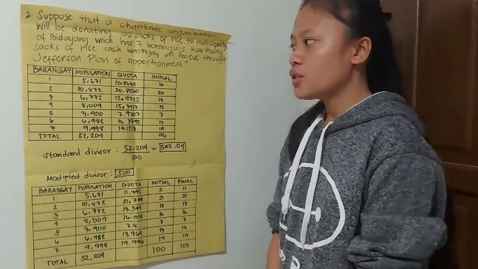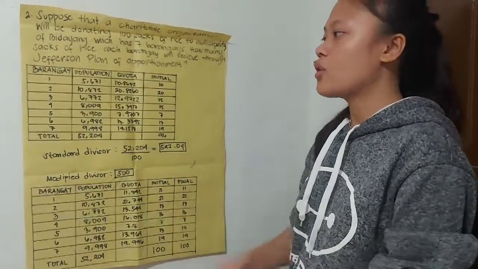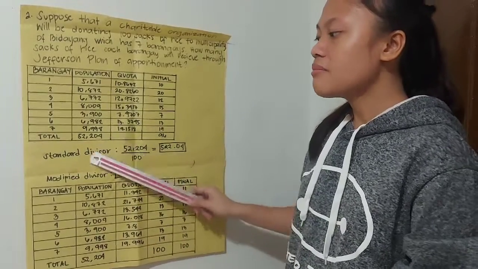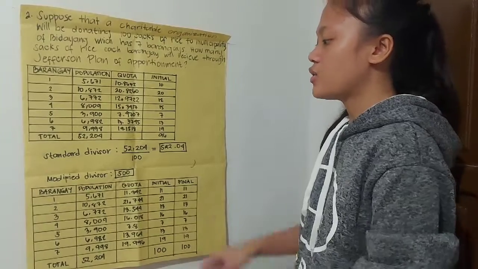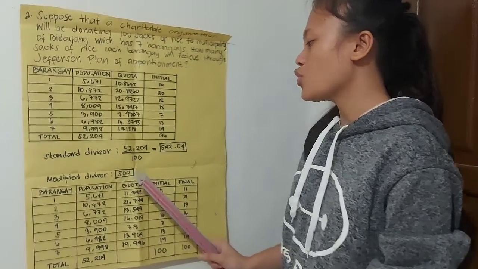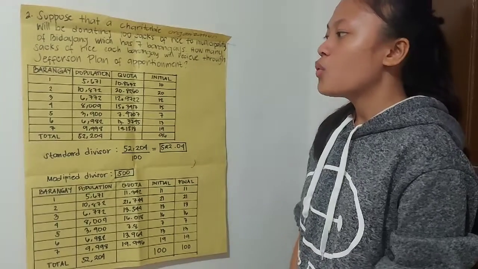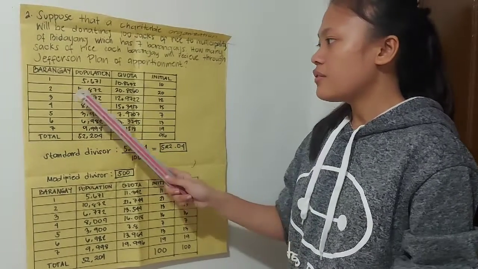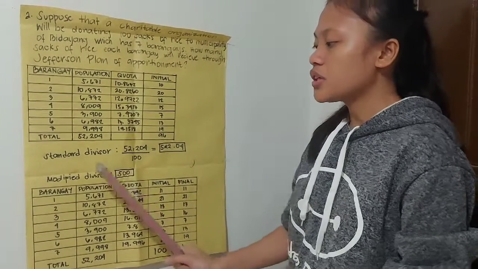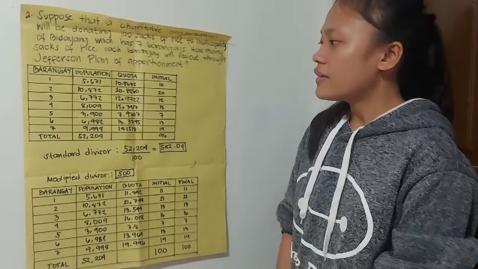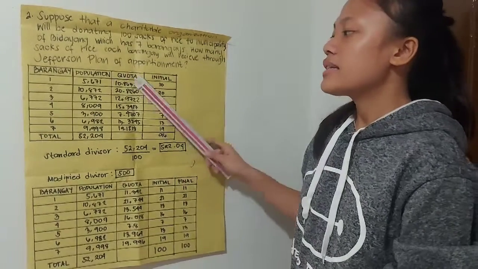So, we need to get the population of the barangays, which is given here, and add them up over how many sacks of rice. So the total population over the 100 sacks of rice is equal to 522.04. And now we need to divide the population by the standard divisor. For example, 5,671 divided by 522.04 is